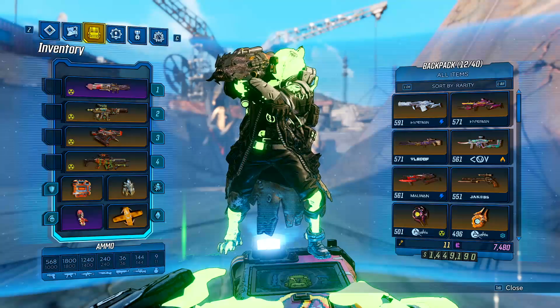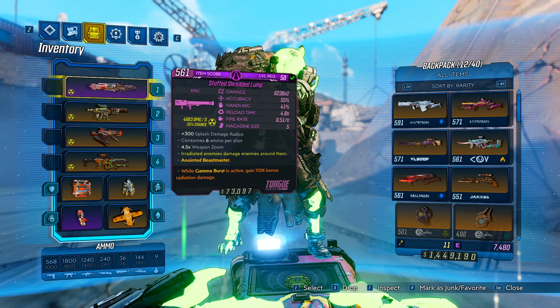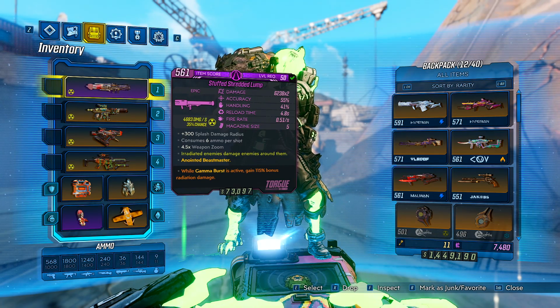Now this is a pretty specialized build that allows you to have unlimited ammo, and the main item you need for this build is a lump. Now I have a pretty much god rolled lump. It's a ×2. It is radiation. You can have any element, but I like having the radiation to keep this build in that theme of having